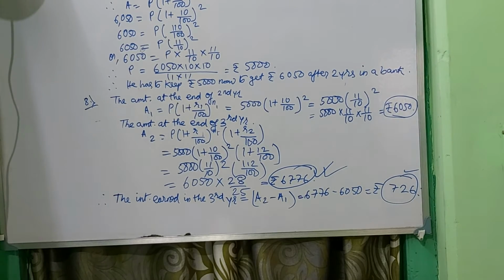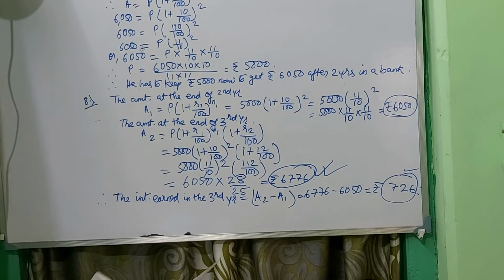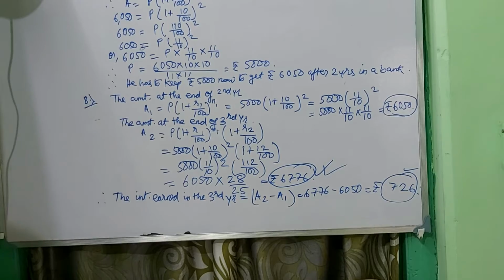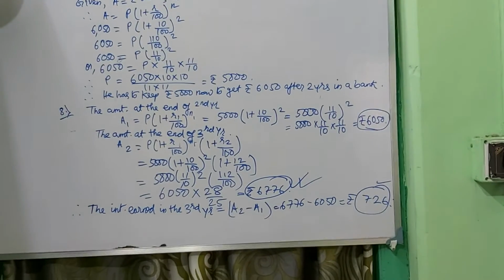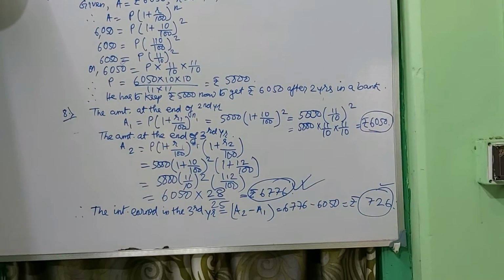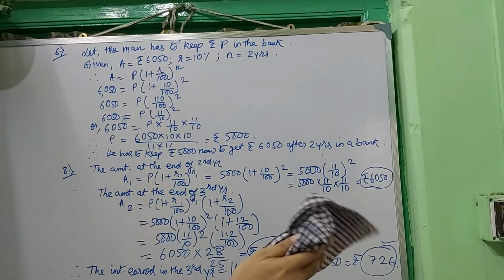So here again the rate of interest is provided in the sum, the amount is provided, the time is provided, and you need to calculate it. How will you have to calculate? That is the main thing. How will you have to calculate it? Okay, now I will do that.